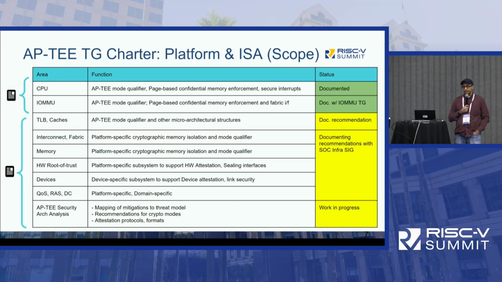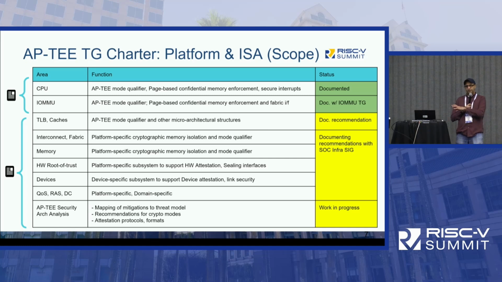That's correct. So there is a security model task group that was started about 6 to 8 months back. We did some early work. The goal of that task group was to write down security recommendations: what are the different elements of security that an implementer needs to consider when building a RISC-V based platform? For example, what properties would you need for a root of trust? What hardware mitigations should you put in place for specific security issues?